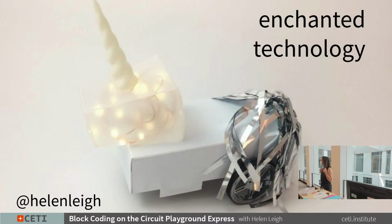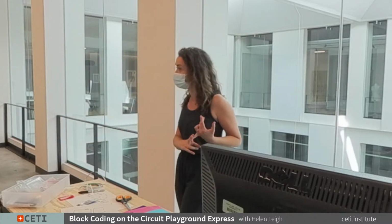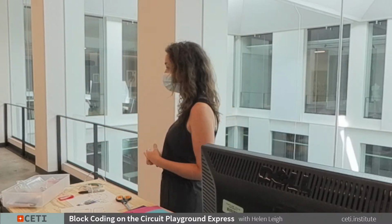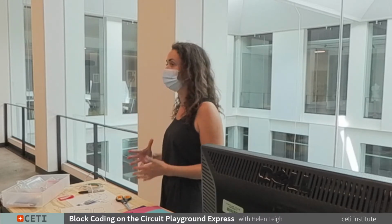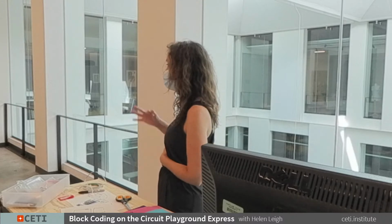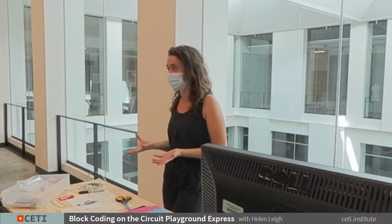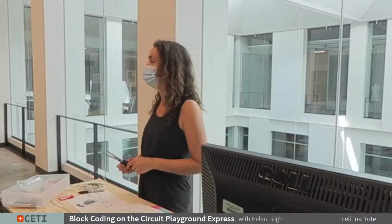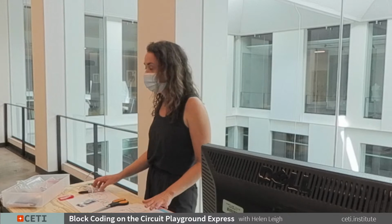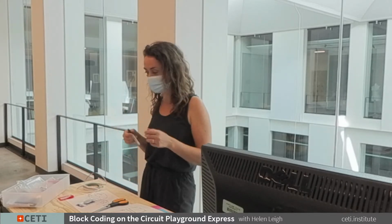All right, that is the end of the session. What we've done today is we have learned how to use paper circuits. We've learned how to make our first circuits: a simple circuit, a series circuit, and now a parallel circuit. So you have created today all three of the major types of beginner circuits, right? You've done the series, and the parallel, and the simple. We've worked with LEDs and different power, and we've also worked with paper circuits materials,